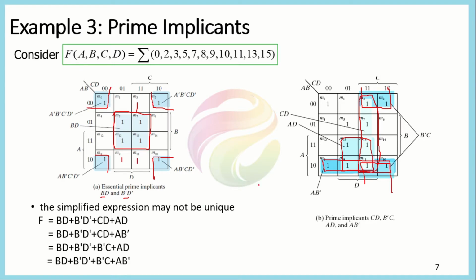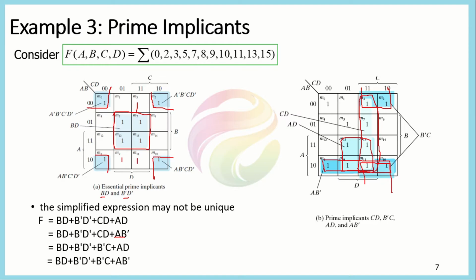Say for example, if you consider this, we have the two prime implicants, we write it as BD plus B complement D complement. Then we see the other one. If you combine all the ones here, they will give you the minimized value as A into B complement. So we will get A into B complement here. This will give us one term here, and similarly you can add any other term with it.